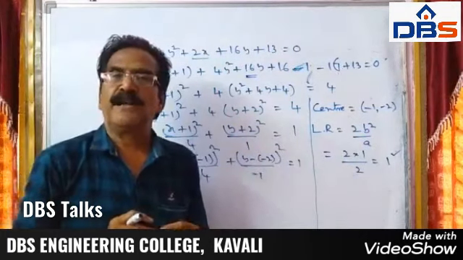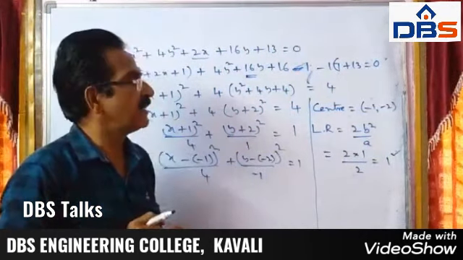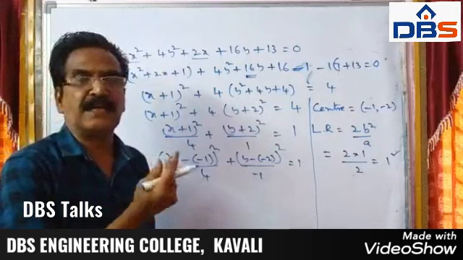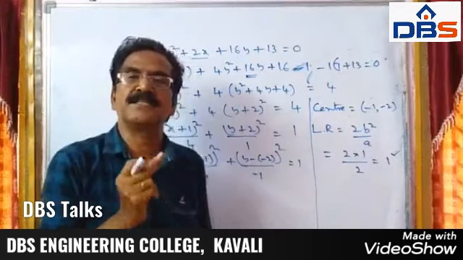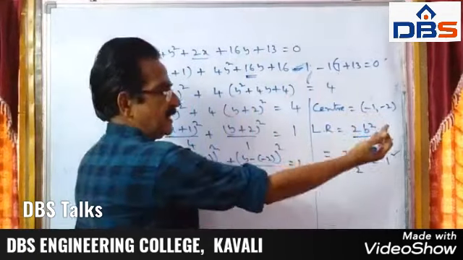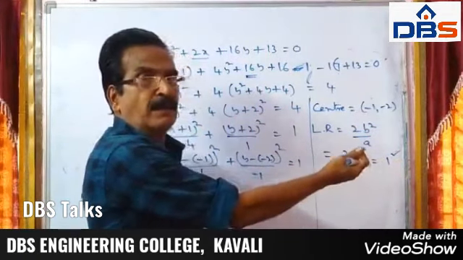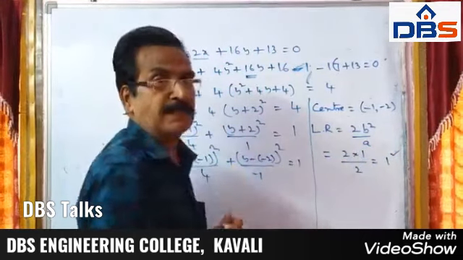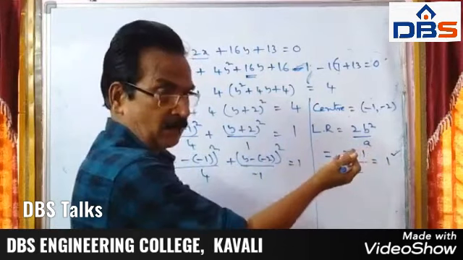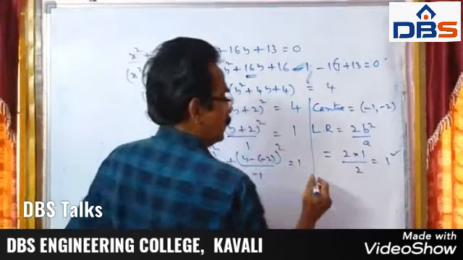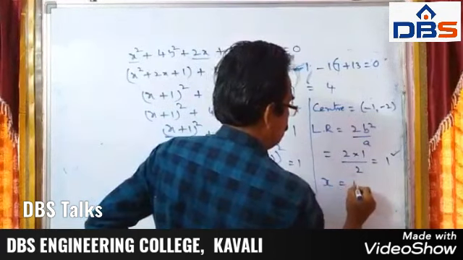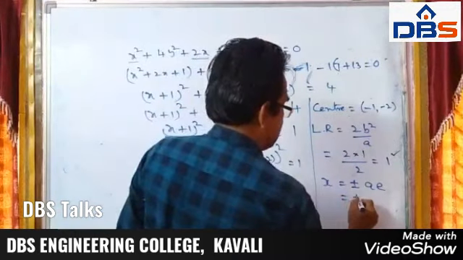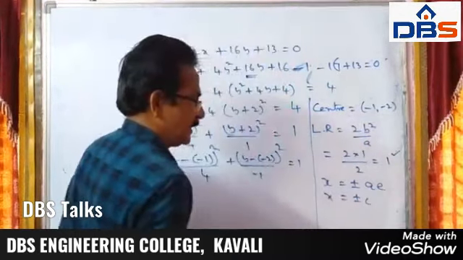After this, we have to find the equation of the latus rectum. Equation of the latus rectum, x is equal to plus or minus c. In our standard form, x is equal to plus or minus a. This latus rectum is x is equal to plus a, and x is equal to minus a. So for a normal ellipse, x is equal to plus or minus a, that is equal to plus or minus c. X is equal to plus or minus c.